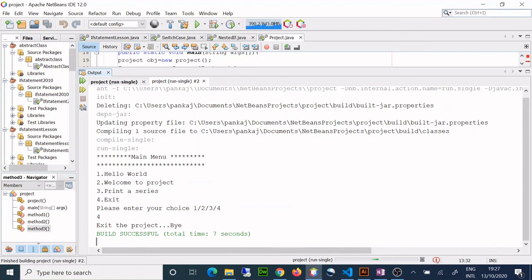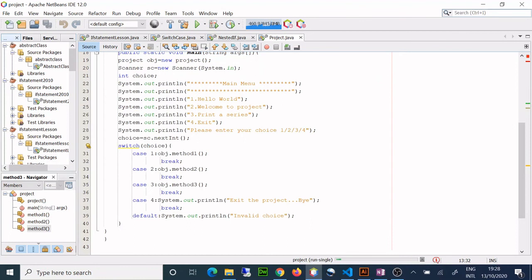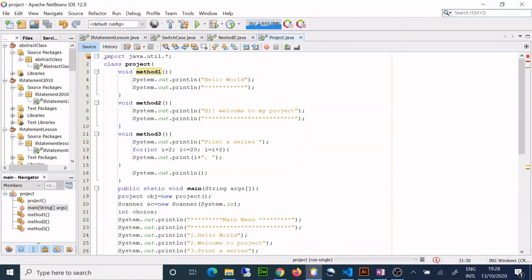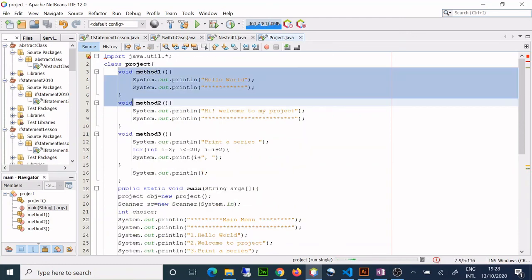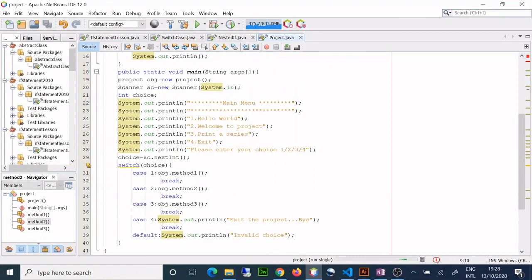So this is a little project. Okay, it's a menu, and these choices are calling those methods. So you can put whatever programs you like in your method. This is a better way and a modular way to actually do programming. Rather than you write the whole program here, okay, it looks bad. That's not what programming is all about. So programming is you make methods, put everything inside the method, it looks neat and better, and this is the right way to do it, and then call them one by one.